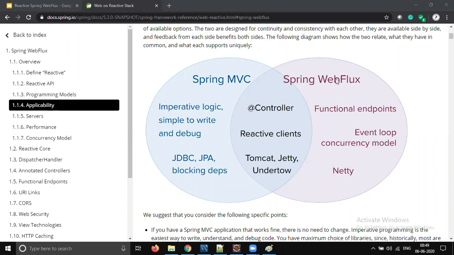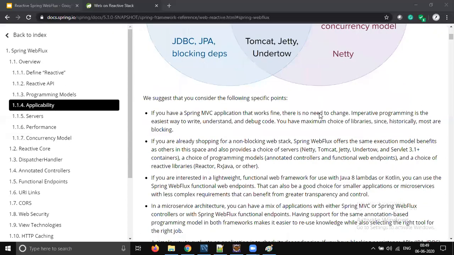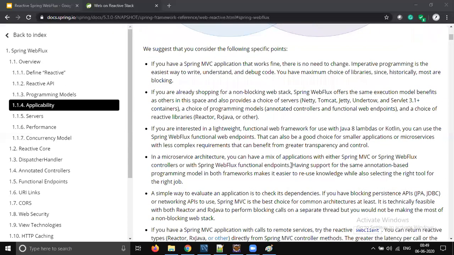And how fast they adapt, and how much the best code can be delivered. Because yesterday we saw, every line, every call you make, you are going to get a Mono and Flux. So you should be very careful when dealing with Spring Webflex. So that is another criterion you should keep in mind.